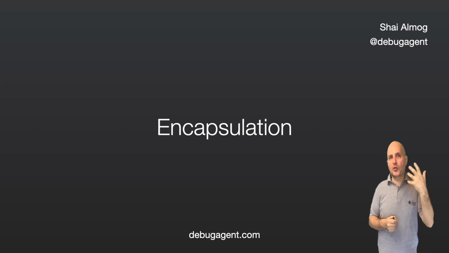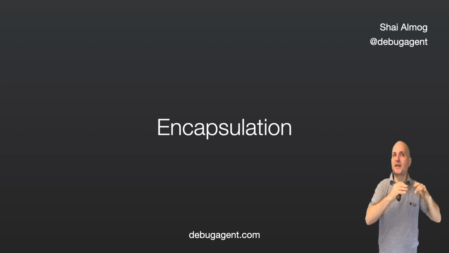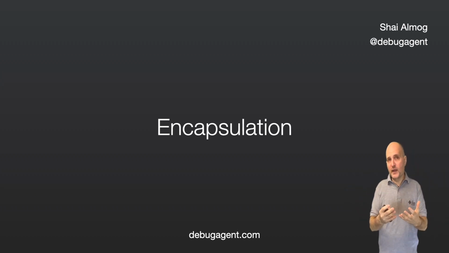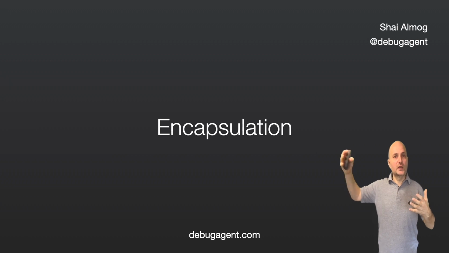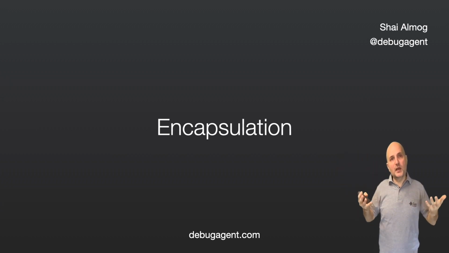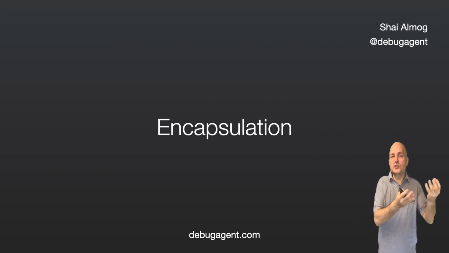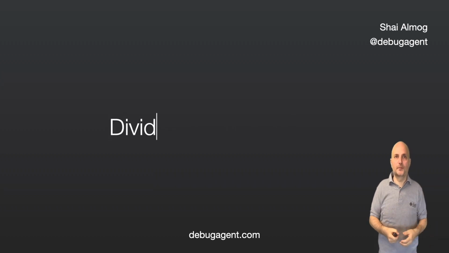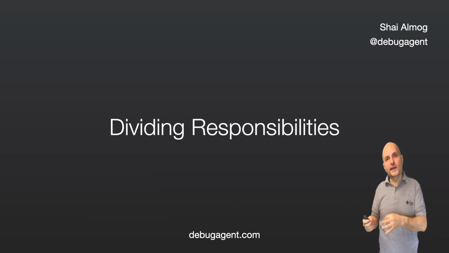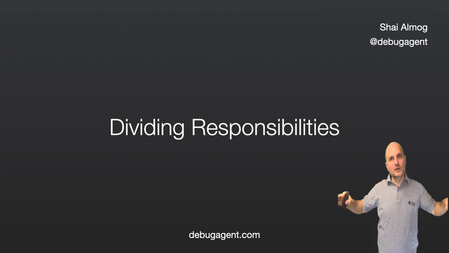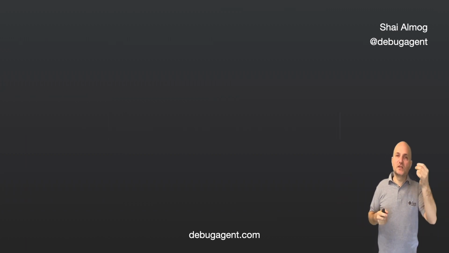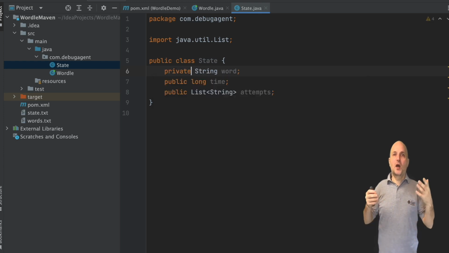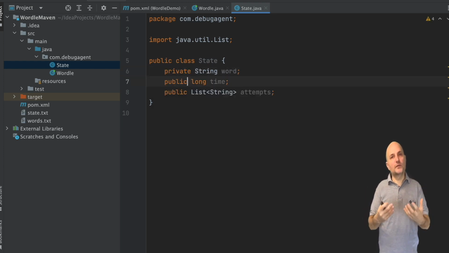It has three core concepts, and encapsulation is the first. It means that an object should hide the implementation details. Part of that is hiding the fields. They shouldn't be public. If they are public, another part of the code can change them. Then we might have a problem and we won't know which class caused the problem. By using encapsulation, we divide responsibility in a sensible way. State is responsible for its own variables. Our solution is to use private fields.